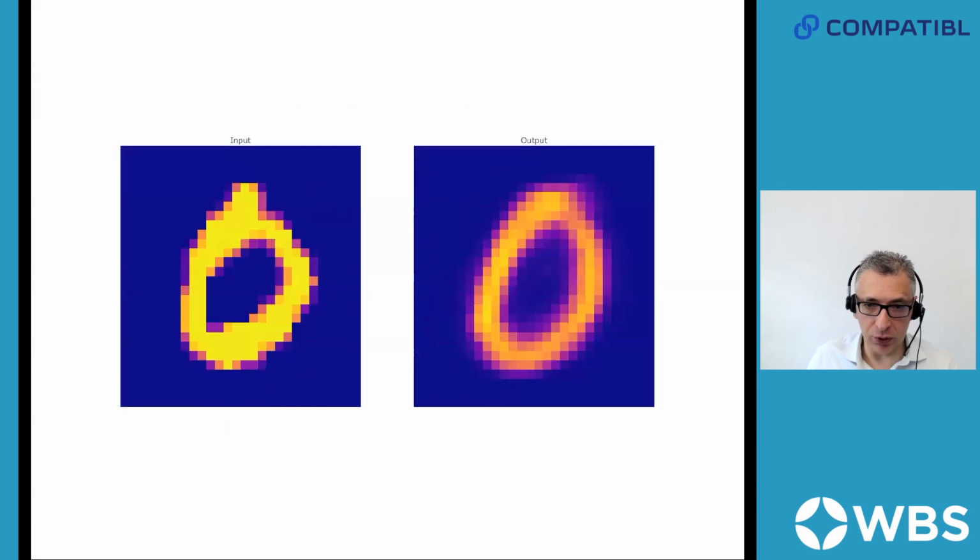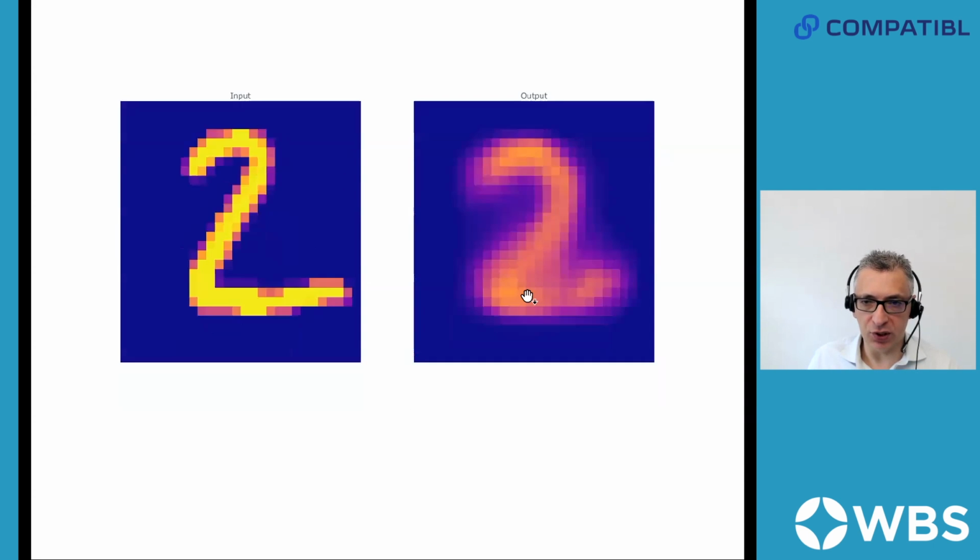No, it's not, because when you decode the digits, that's still pretty good, right? So that's the input, that's the output. That's the input, that's the output. The difference here is that a regular autoencoder is not a generative model, or is a bad generative model. A generative model is a machine learning model that can generate new data. When we use an autoencoder in interest rate model construction, we need to be able to generate new data,